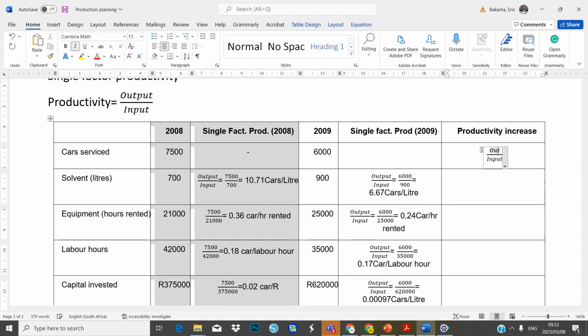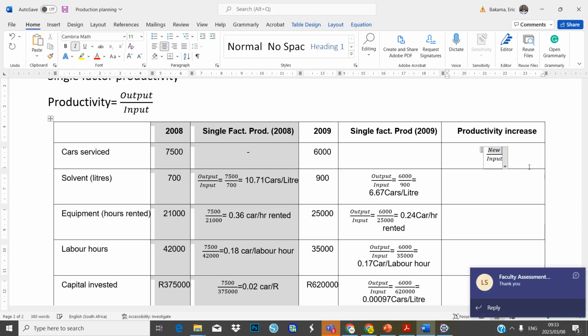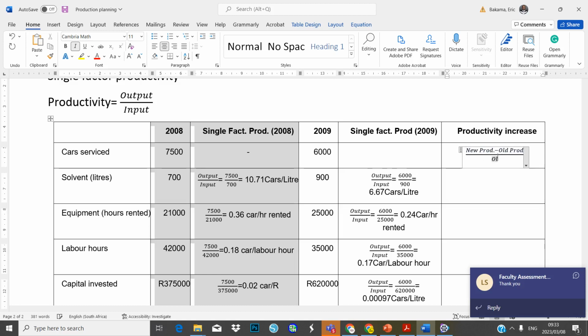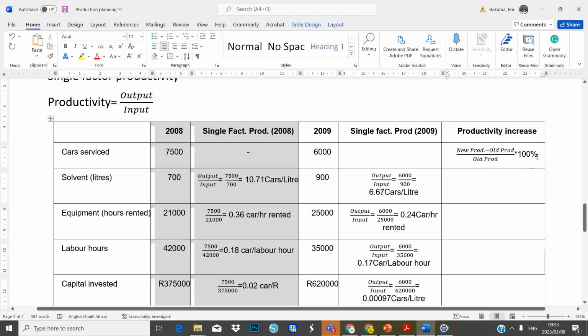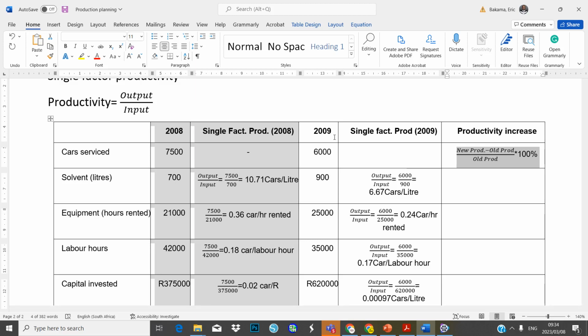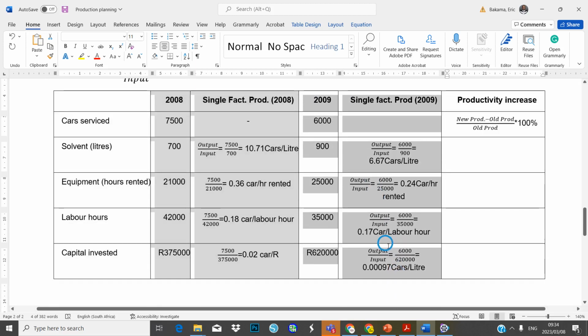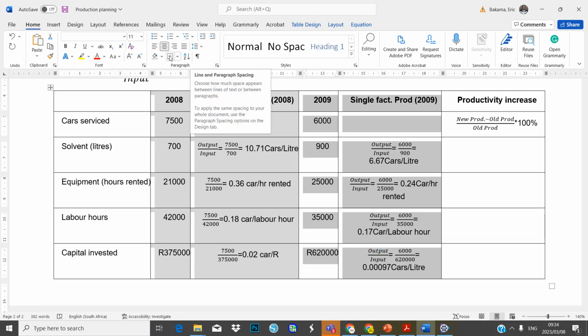You generally take the new productivity minus the old productivity, which we will divide by the old productivity. Remember that this is an increase, and we generally have to multiply it by 100%, just to have an idea in terms of percentage. Now, let's take a look at what happened here. When we say old, we look at the second most recent period, and the new is the most recent period. Assuming that we are in 2010 or in 2009,